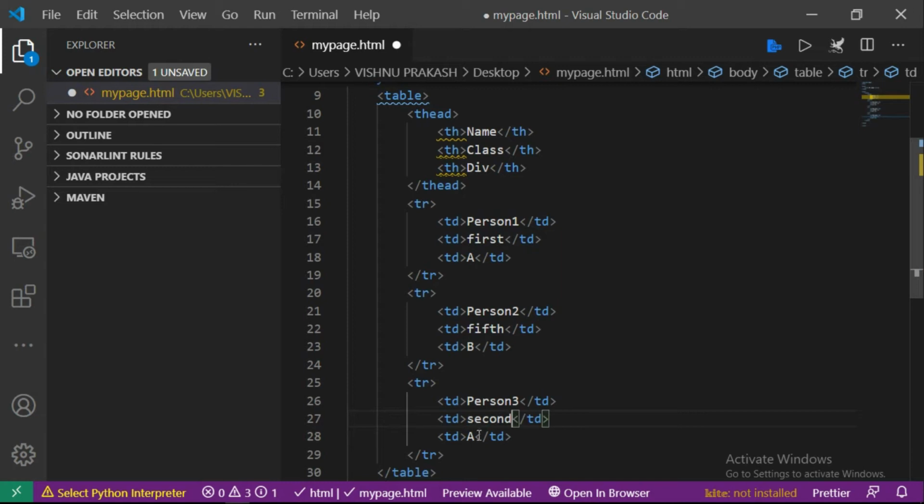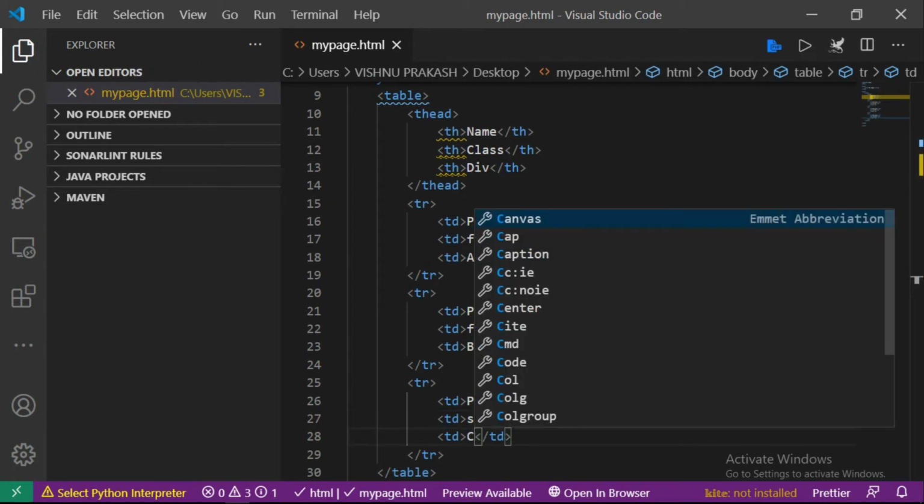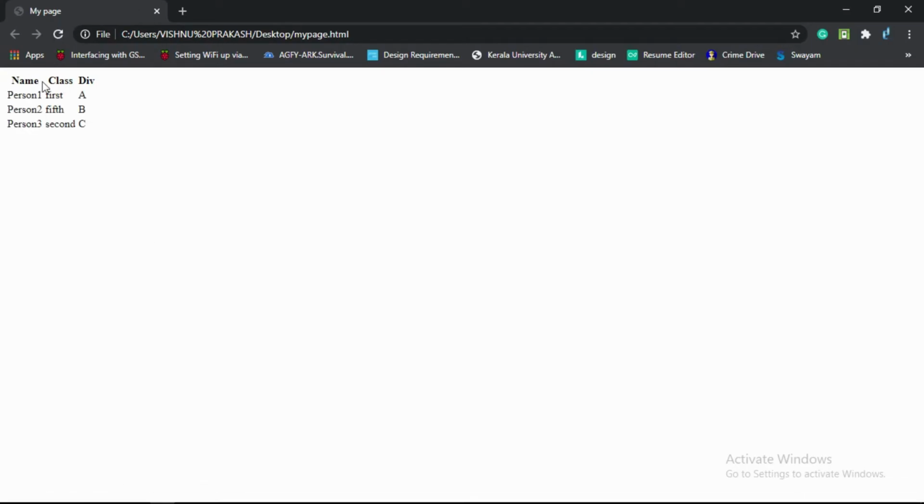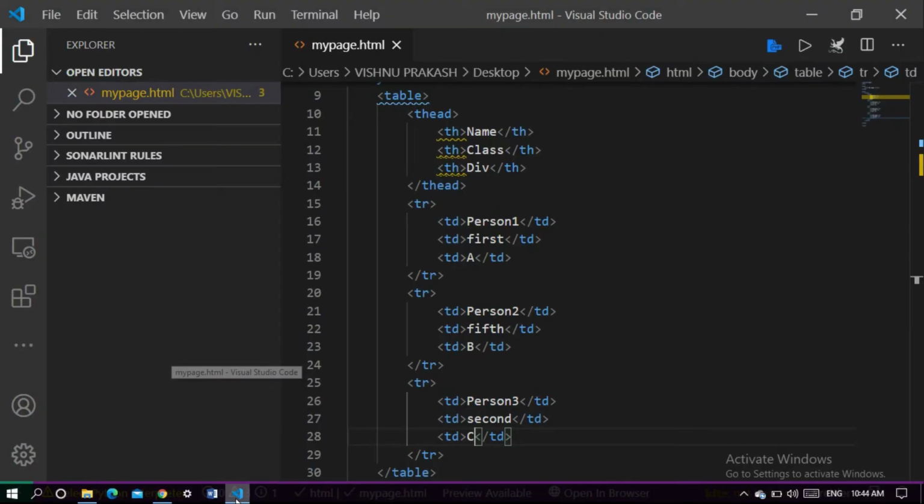Then we'll give the division as c. Now we'll just save this one and see what will happen. Here see, in the name it came person1, 2, 3. In class, first, fifth, second, then division a, b, c came. So this is the method for just creating a table.